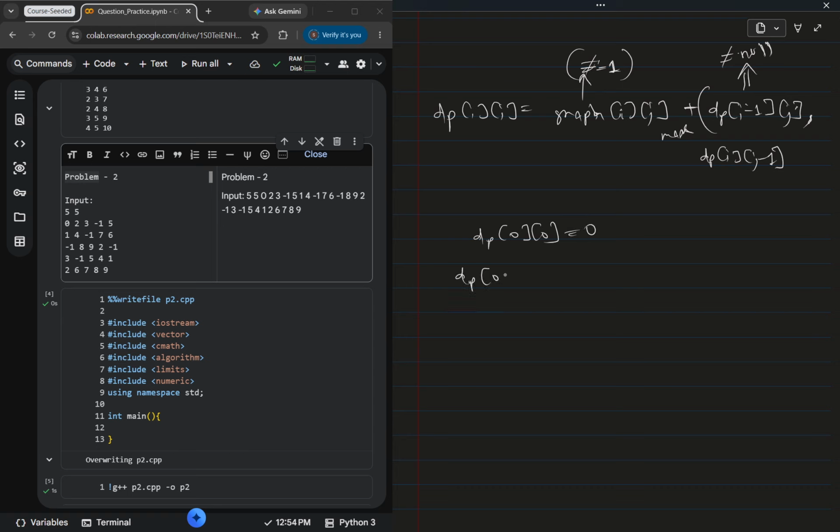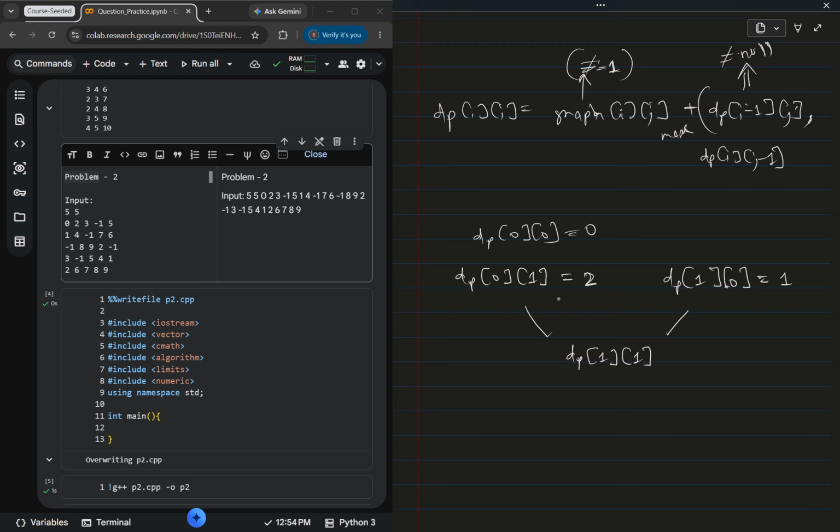And let's say you have dp 0, 1. That would be equal to your 2, because 2 plus 0 is just 2. And you have this 1. That would be like dp 1, 0 would be equal to, so let's do them sideways, 1, 0 would be your, let's say, 1. So finally you will reach a point